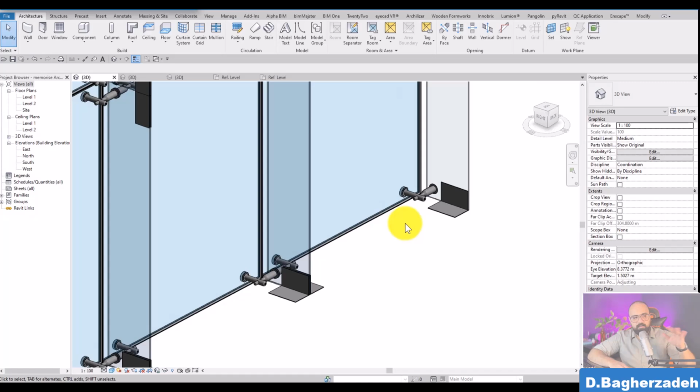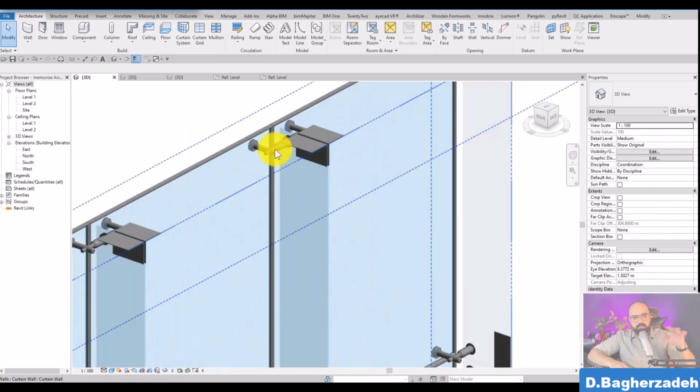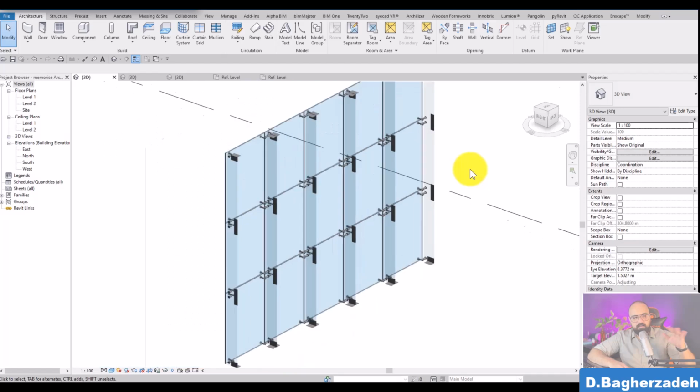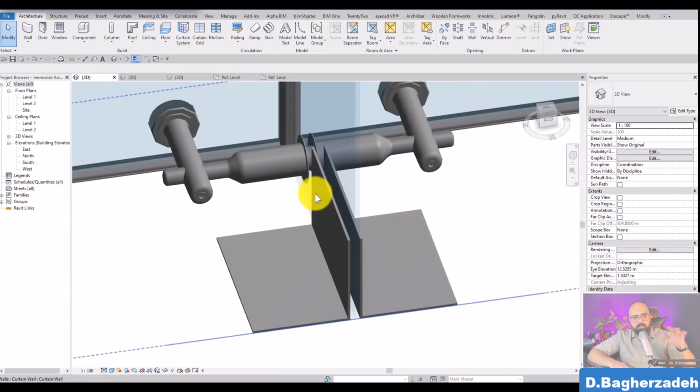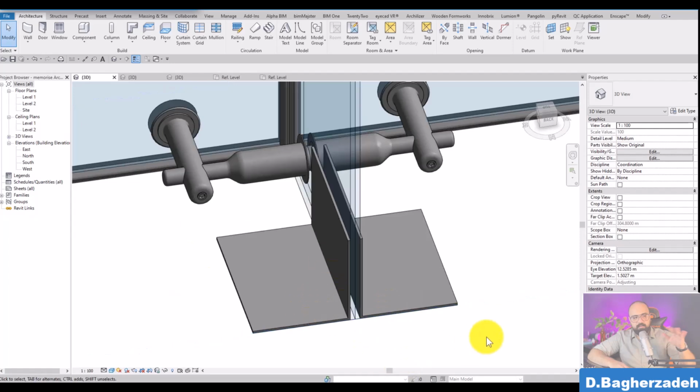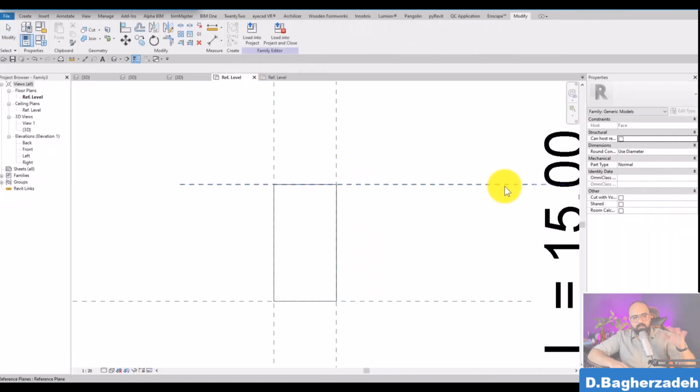You could see that we modeled the main parts of this structure easily. We have some different attachments for the panels which should be attached to the floor, and another different attachment for the panels which should be connected to the roof. We worked all of these things, and now we're gonna have the final detail for these parts to have an